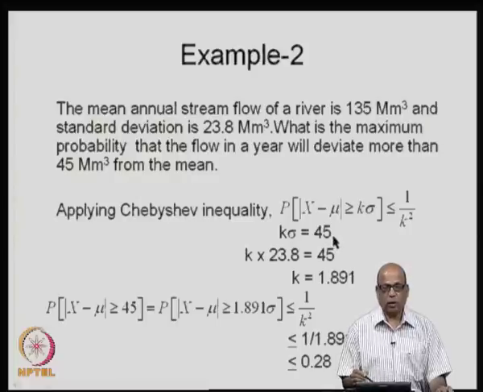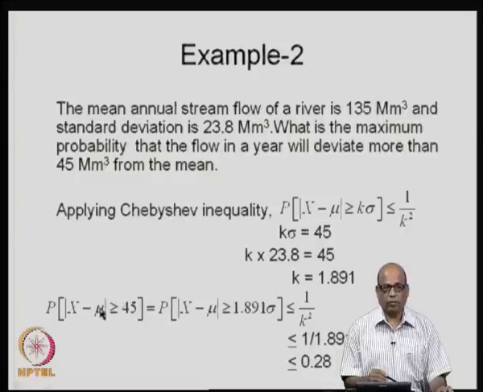So, we are saying k sigma is equal to 45. So, k into 23.8, which is the standard deviation sigma, will be equal to 45, and therefore, k will be equal to 1.891 in this particular expression,